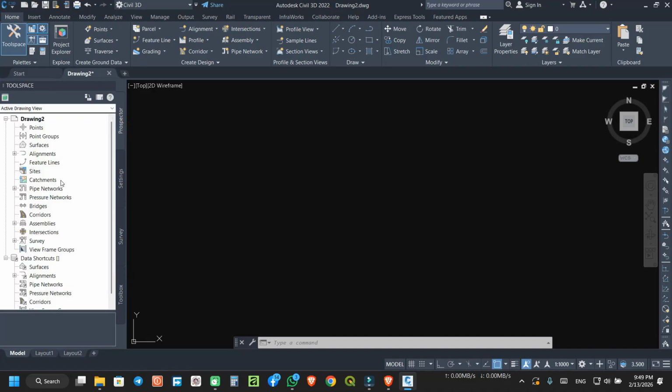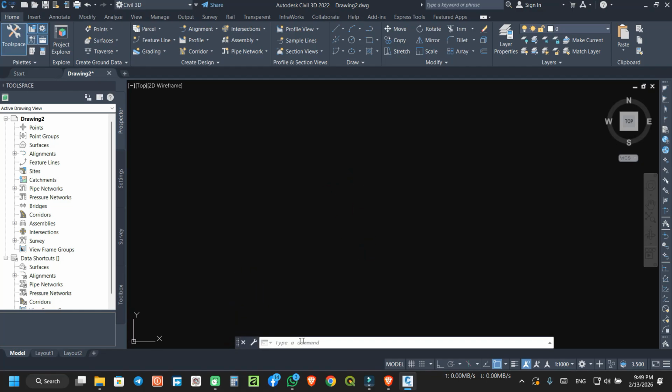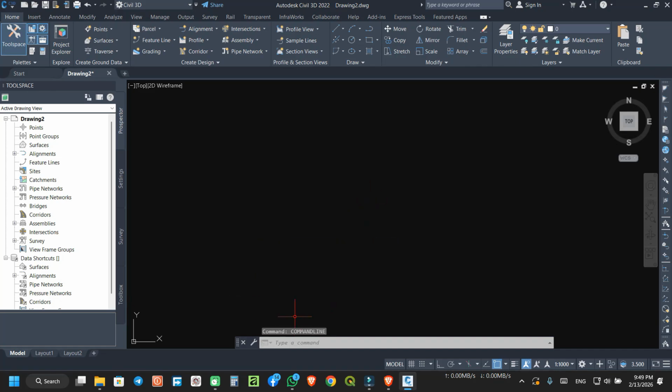These are essential for civil projects. And at the bottom, we have the command line. This is where most of your commands will be typed and executed. Always keep an eye on the command line. It gives important prompts and instructions.